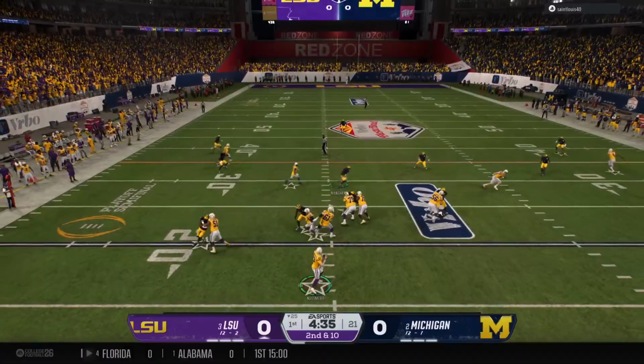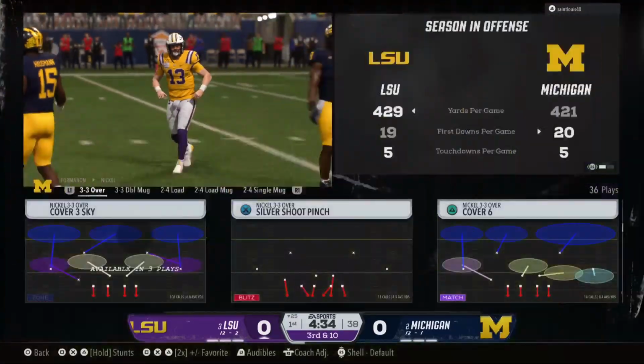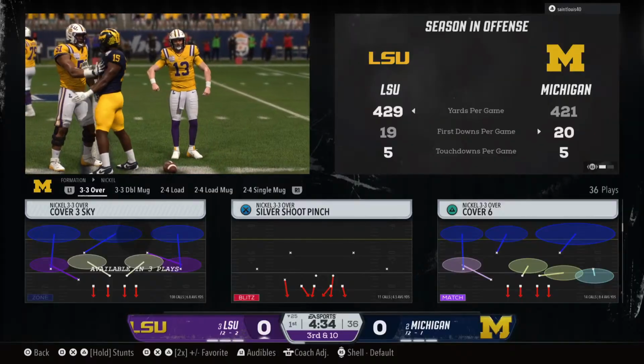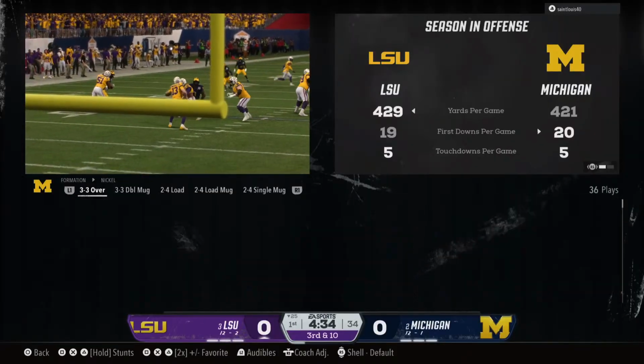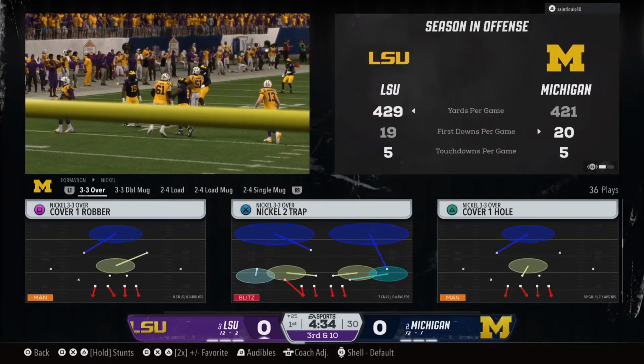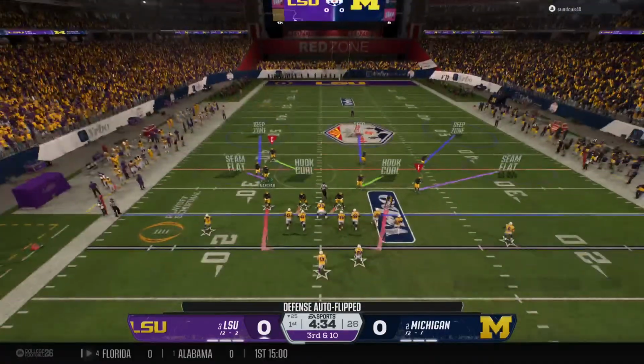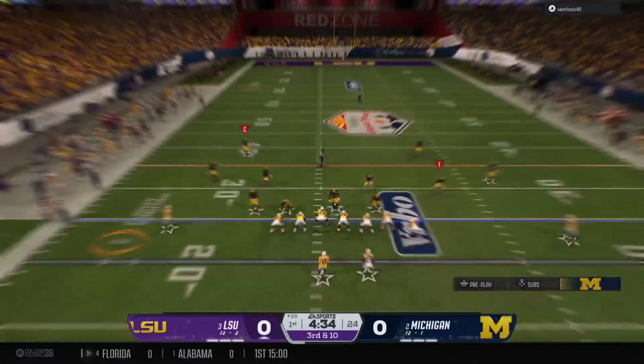Back to throw. It's Nussmeier. And the pass is incomplete. Well, this quarterback and his receivers have got to get on the same page. They've got to find a rhythm if they want to move the ball down the field. Big moment early in this playoff game. They face a 3rd down on the opening drive.